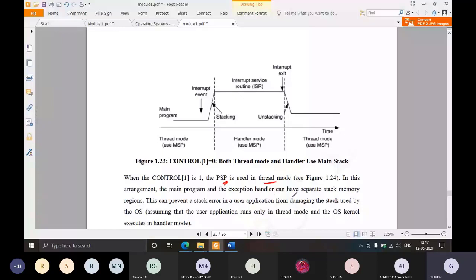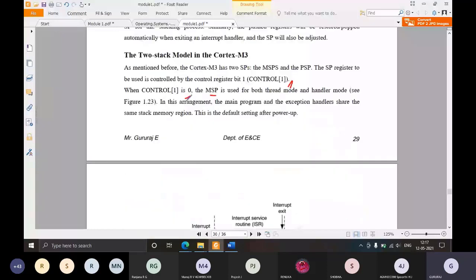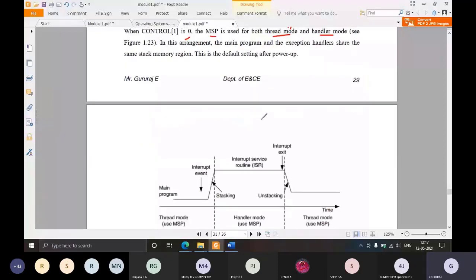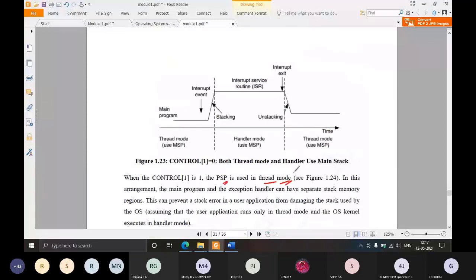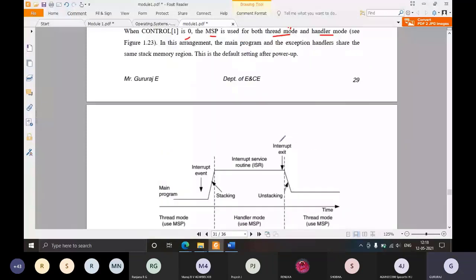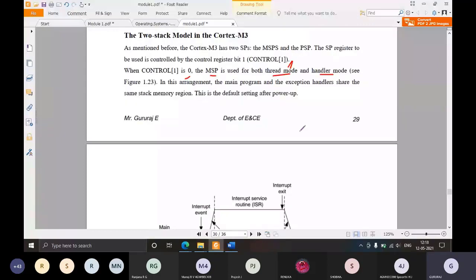If bit 1 is 0, the main stack is used for both thread mode and handler mode. If this bit is 1, the process stack pointer PSP will be used in thread mode. One thing you have to remember: handler mode always uses the main stack. So the only thing you can choose is whether thread mode uses the main stack or not.